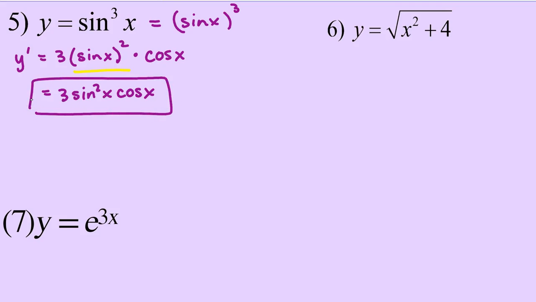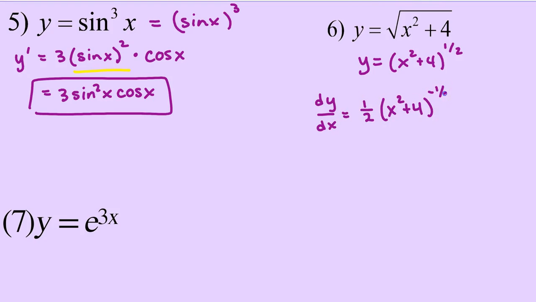Number 6, the outside function is the square root function and the inside function is x squared plus 4. But let's rewrite this as x squared plus 4 to the 1/2 power so we can use our power rule. So the outside function, the 1/2 power function, its derivative is bring down the 1/2 and raise the inside to the negative 1/2. And then multiply by the derivative of the inside, and the derivative of x squared plus 4